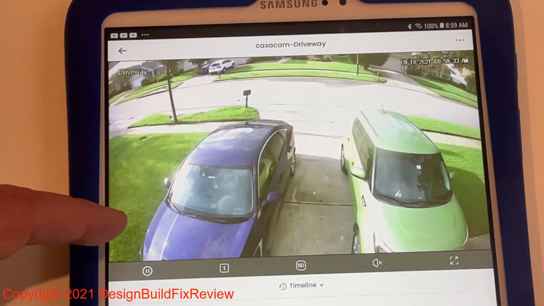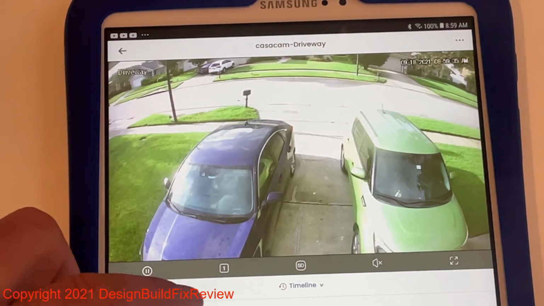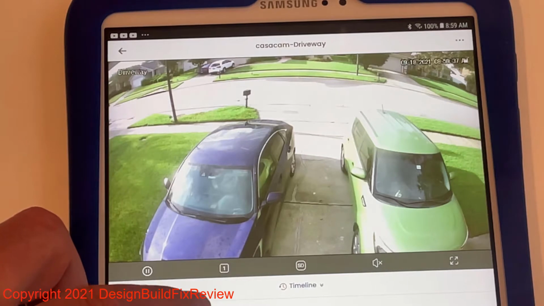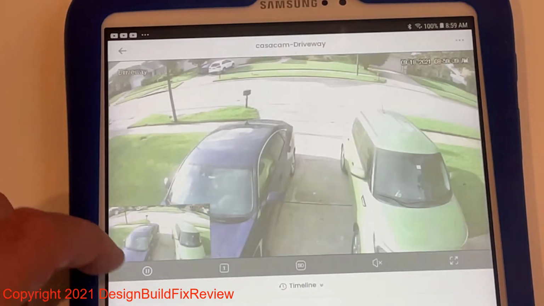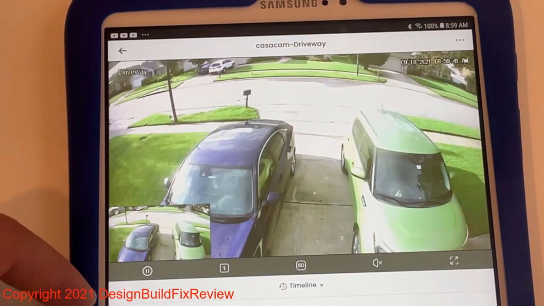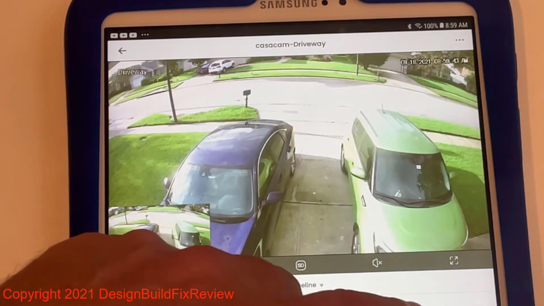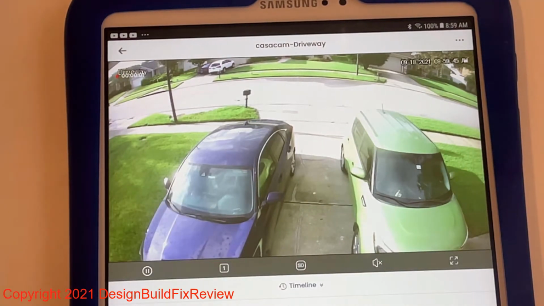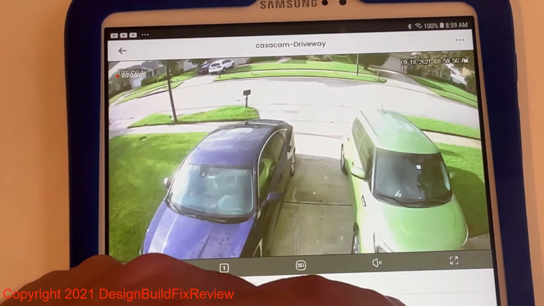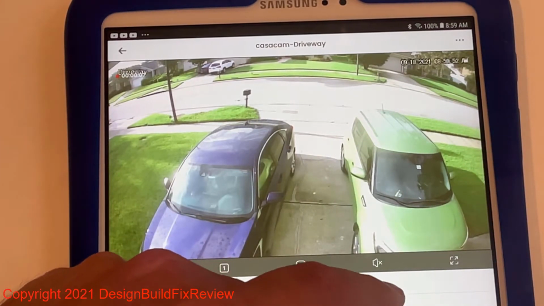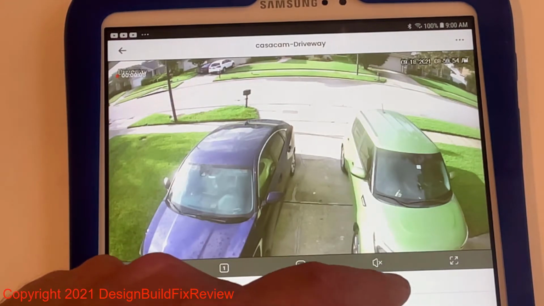it's very high quality. You could actually take a snapshot of what you're seeing, and it stores it on the local drive. You could record the video, which is fine, but you also have the same video on your recorder for your Lorex system as well, so I really don't do that often.